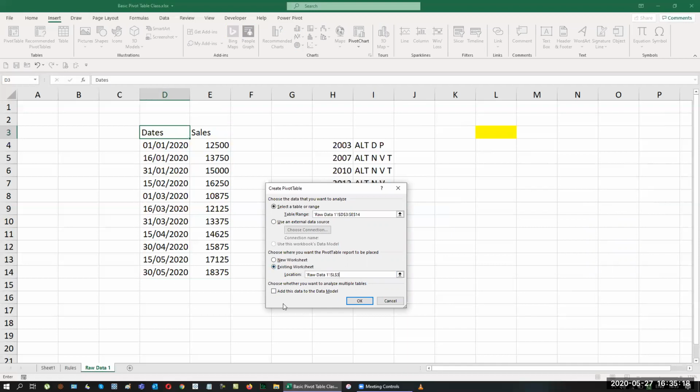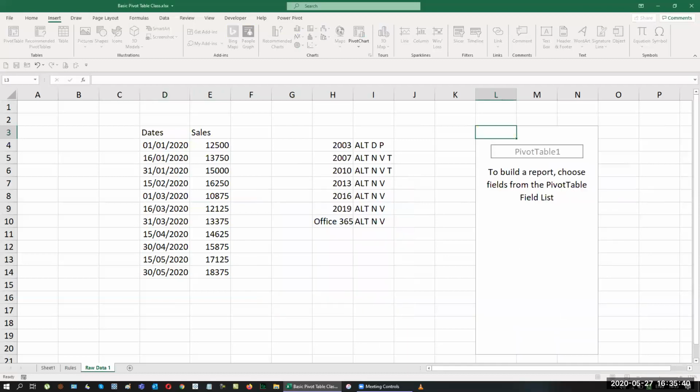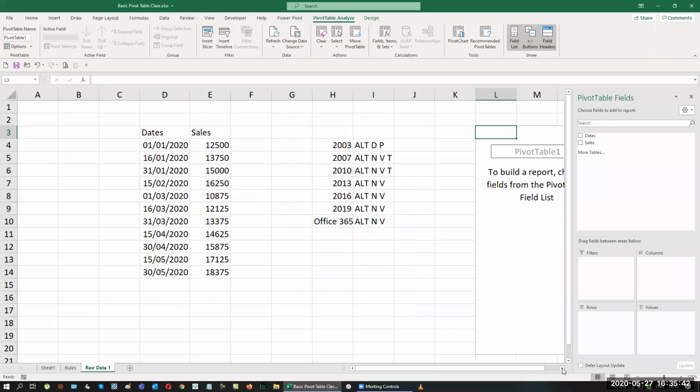I'm going to leave this last option called add this to a data model. The data is not that big. Adding this to a data model is not required. If you're using the latest version, probably you will get this. If you're using probably 2013 or maybe 16 and above, you can see this option, add this data to the data model. If you're using a lesser version than this, probably this line will not be there in your pivot table options. So when I give an OK, then immediately you can see that it is going to give you